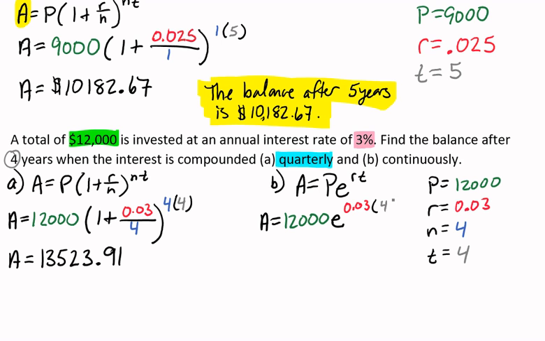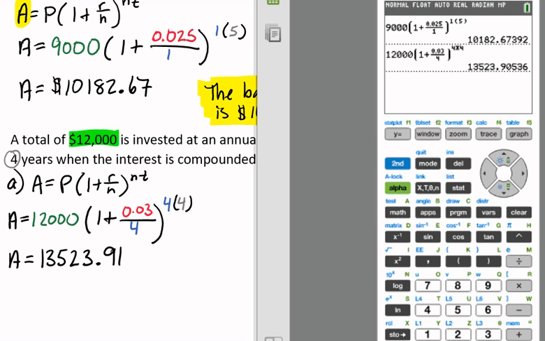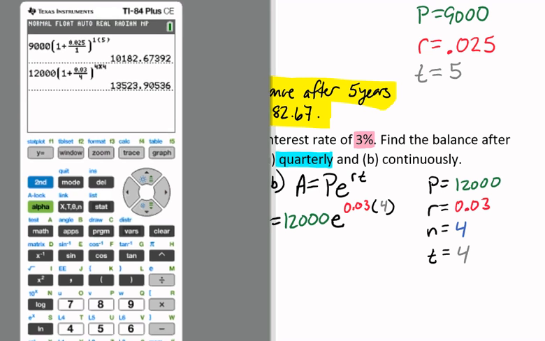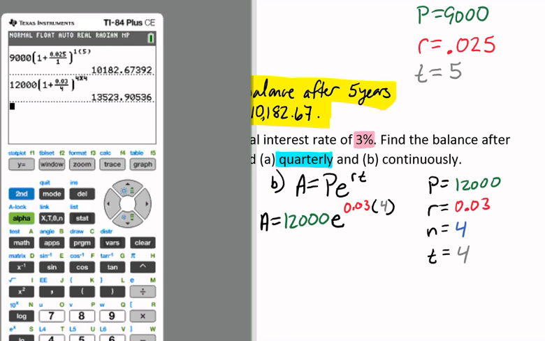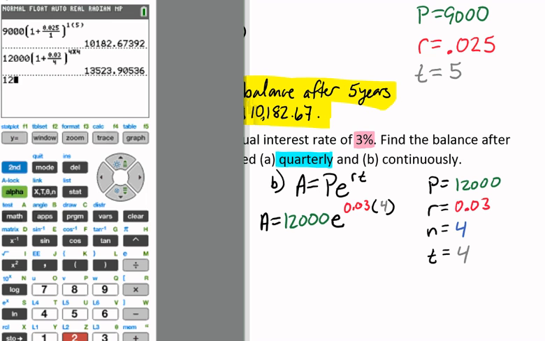And now we're ready to put this into our calculator. So we'll pull up our calculator and move it over here where we can see it. 12,000 times E raised to the 0.03 times 4. And that's going to give us an answer of